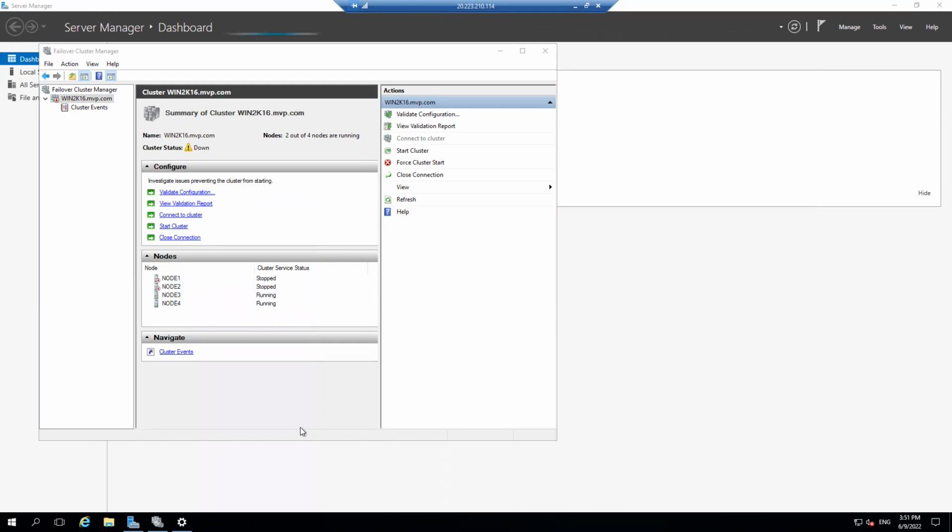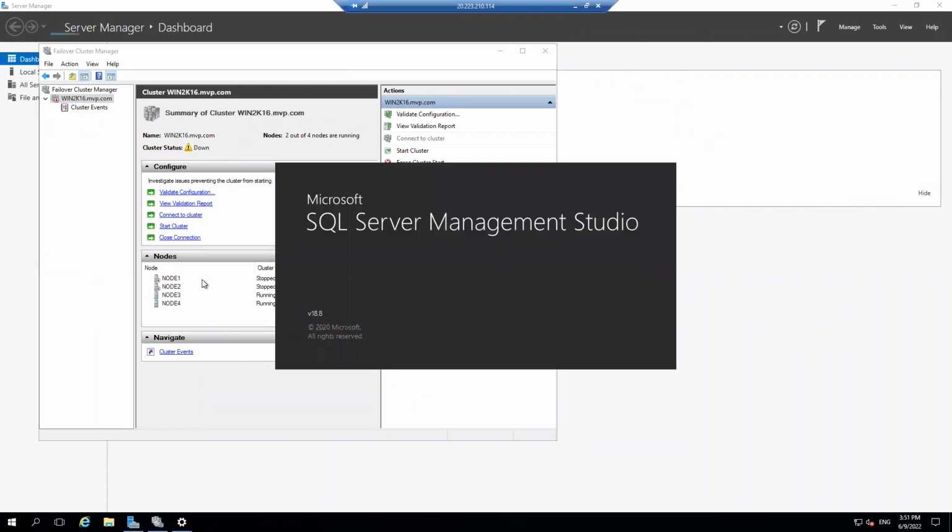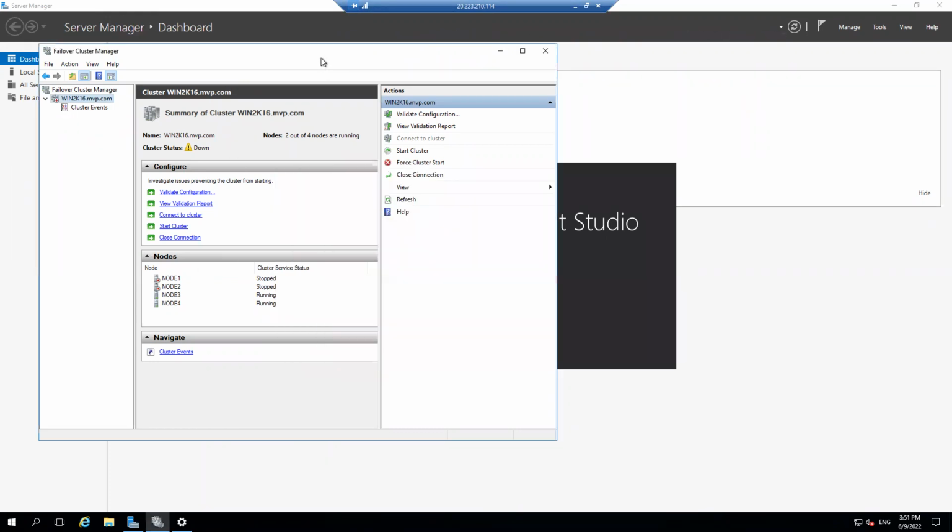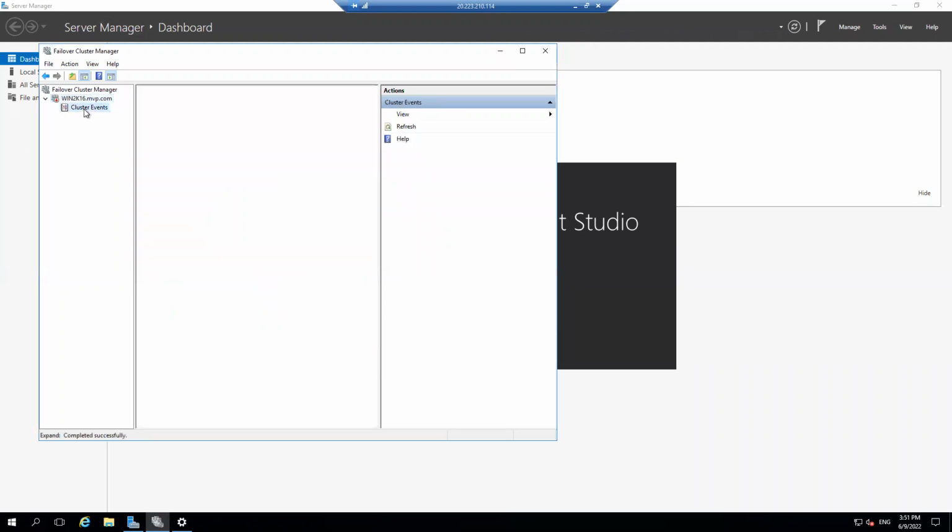I think finally we got 22, not a bad number. It says that node 1 cluster service is stopped, node 2 cluster service is stopped. Why is it stopped? Can you check the cluster event logs? Okay, so if I go here,